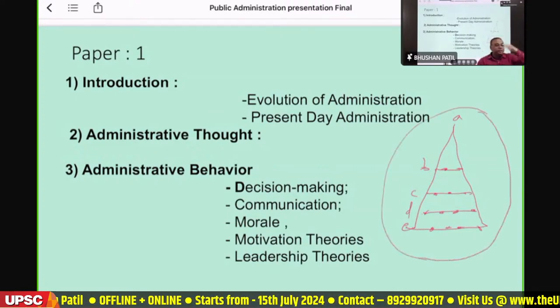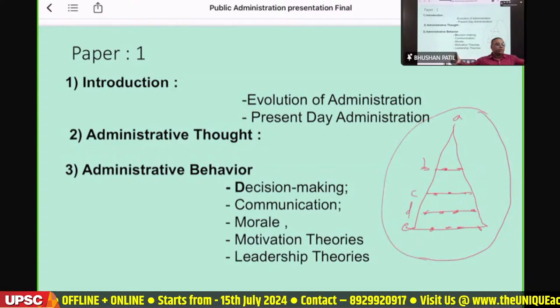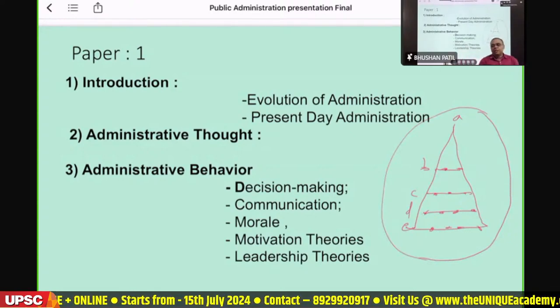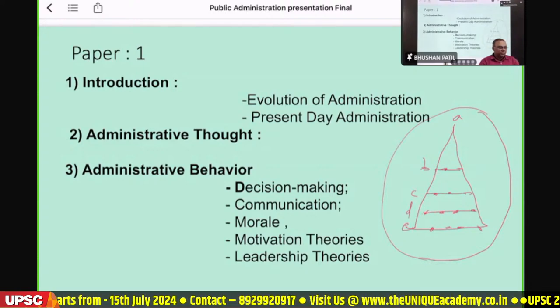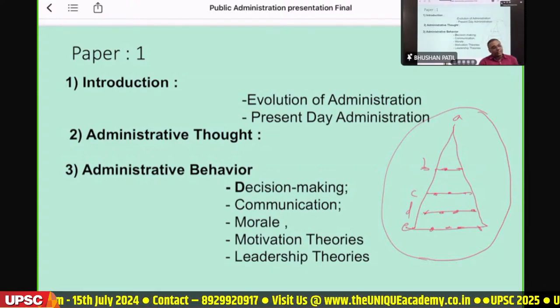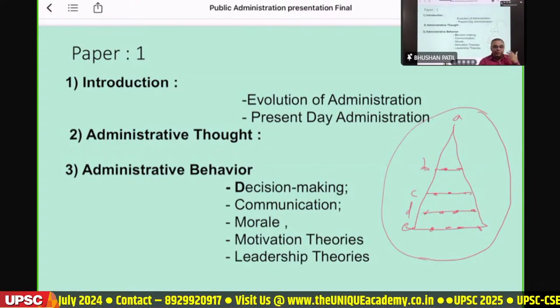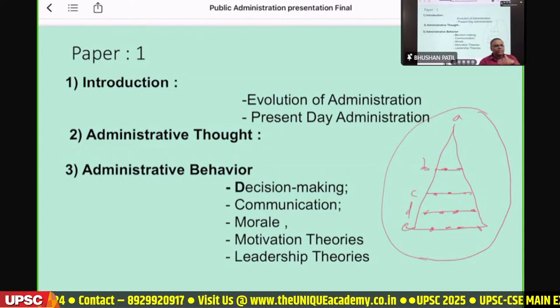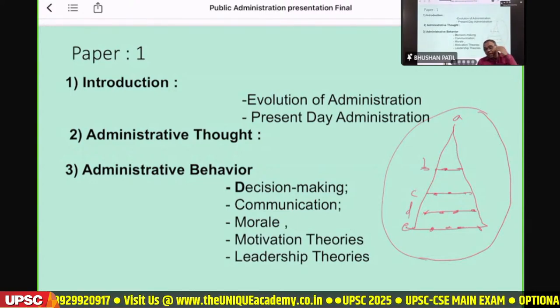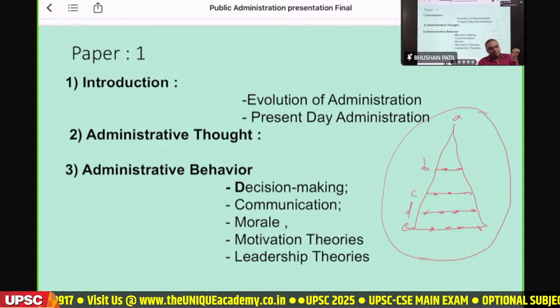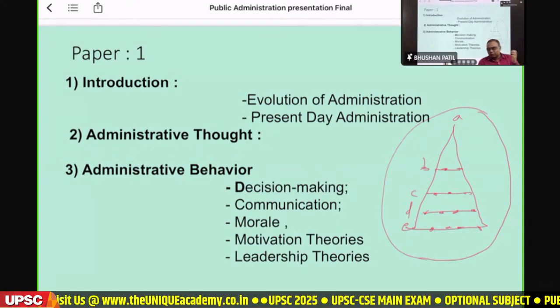Like hierarchy is a principle. Span of control means how many persons one leader can handle, that is the span of control principle. Okay, centralization, decentralization, esprit de corps, coordination, there are different principles of management. So these are the classical theories, classical concepts, that we will study in